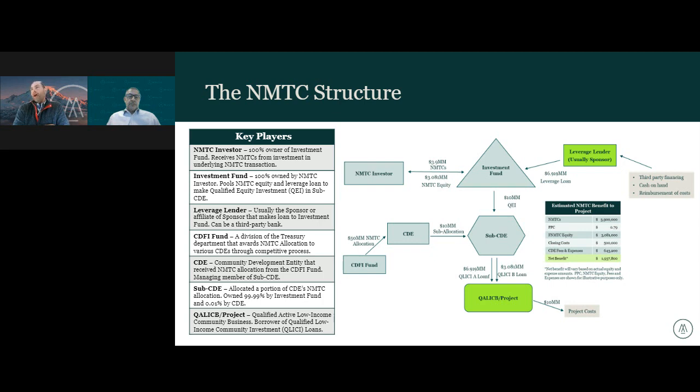It receives cash from two different sources. The first is a new market tax credit investor. As I said before, this is your major financial institution, Chase or US Bank. They come into a transaction, and this is a $10 million transaction. So the business is expanding. It's going to cost $10 million to do so. It's going to generate $3.9 million of credits. And in exchange for those credits over that 7-year compliance period, the investor puts in $3 million of equity today